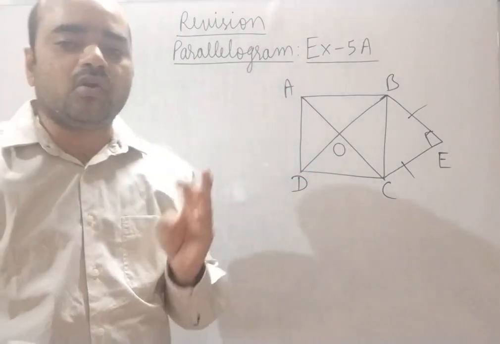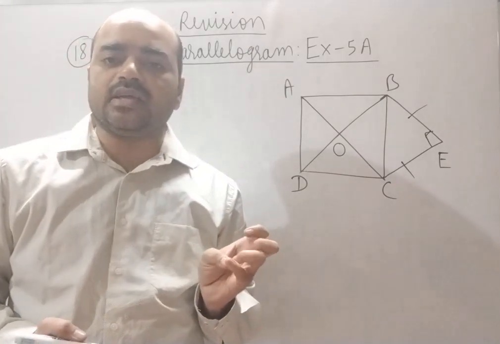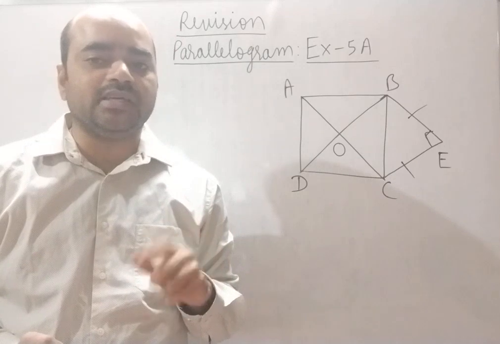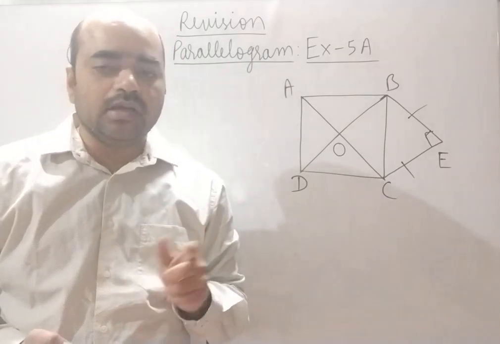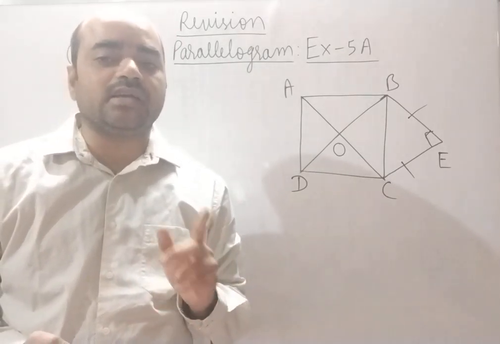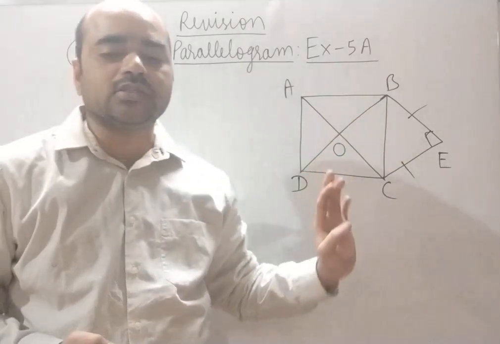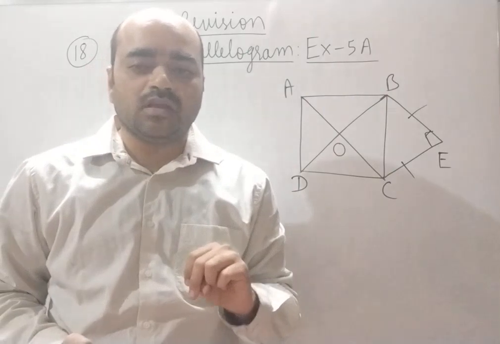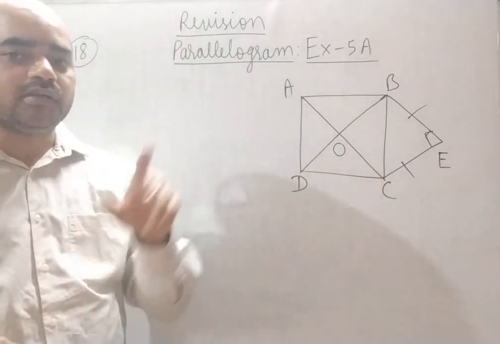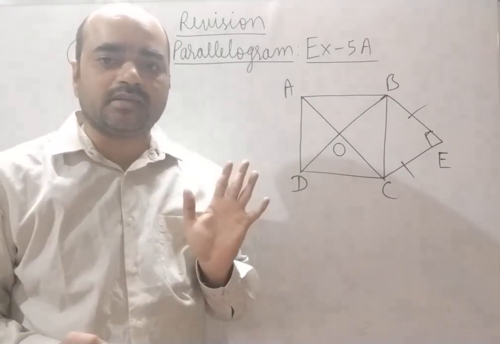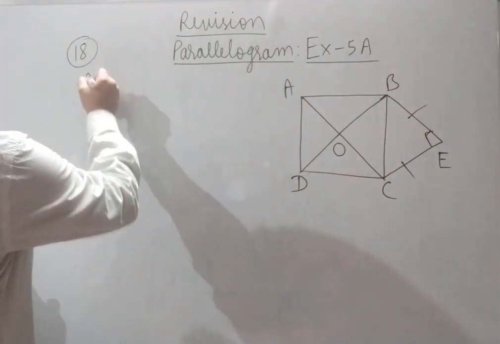What is a square? All sides are equal. Each interior angle is 90 degrees. Diagonals are perpendicular, bisecting each other and equal. Diagonals bisect the angles at the vertices. Correct? So for proving any quadrilateral to be a square, you have to prove two things. First, all sides are equal. Second, each interior angle is 90 degrees. Correct? So first, since ABCD is a square,